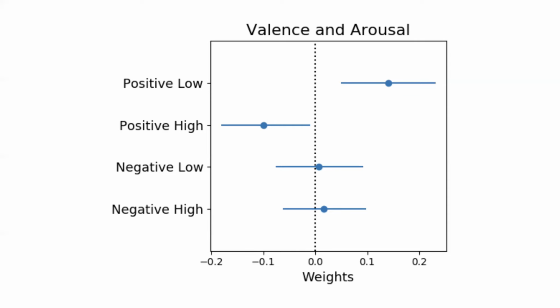The effect of the low arousal positive emotions may be a consequence of the kinds of places where you tend to experience those emotions. So it might be, for instance, that you feel things like contentment and relaxed at home. At home, that's a high probability place for you to be, and so therefore there might be a bias towards selecting that location, and so that might be why we see that effect. We still don't know why it would be though that there would be a negative relationship with the high arousal positive emotion.